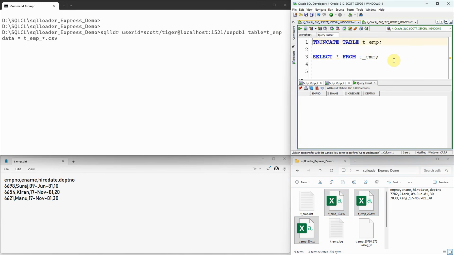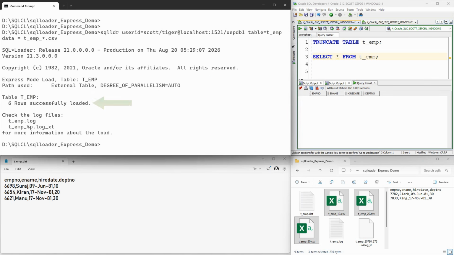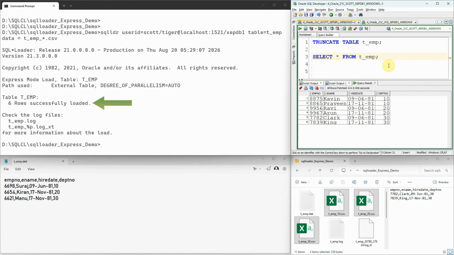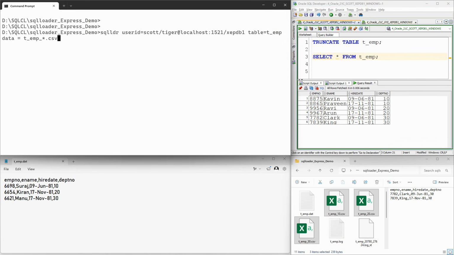Let me truncate the table. Let me load all these things. Now if you can see, 6 rows are successfully loaded. Let us check the data. As expected, 6. Suppose if I want to load all these files, in fact I can just give